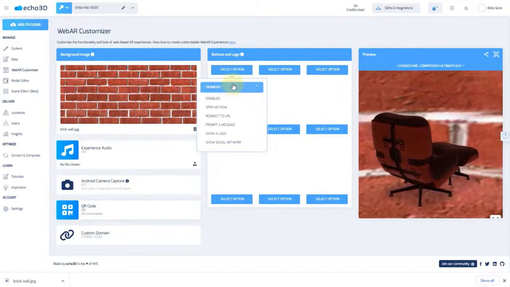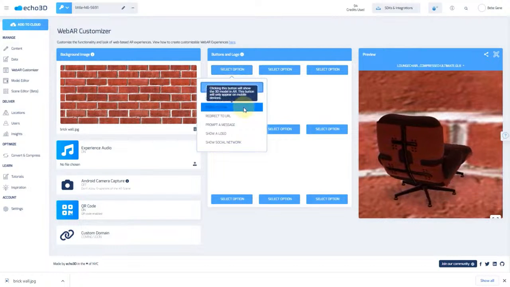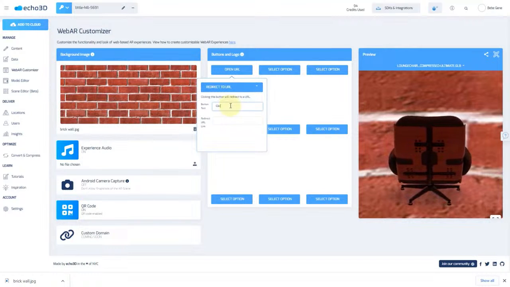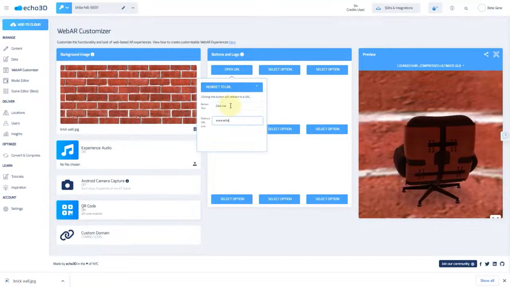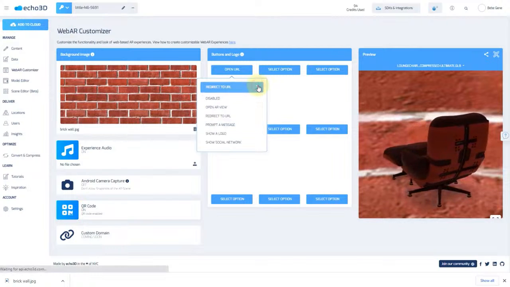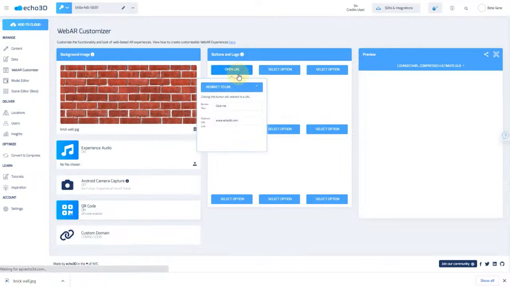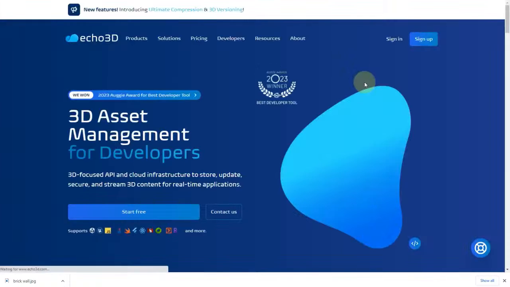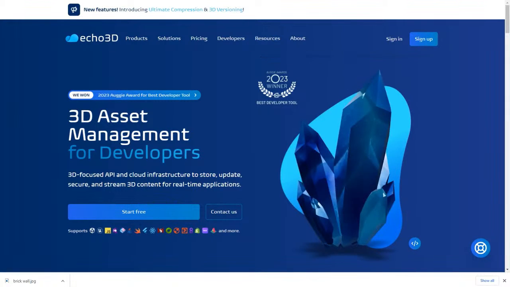If you wanted to redirect to a URL, for example, if we wanted to do Learn More, we have this take the user to echo3D. That will go ahead and do that, and I clicked on it. As you can see, it redirected to our website.